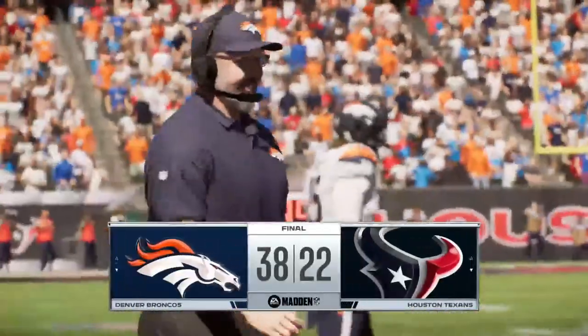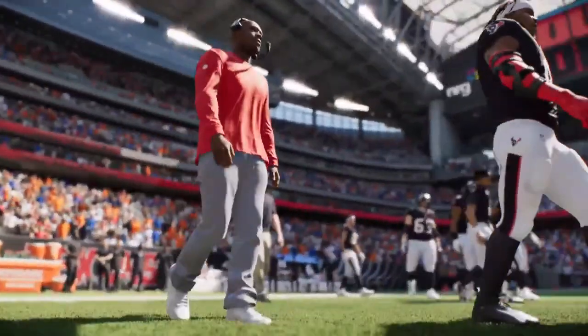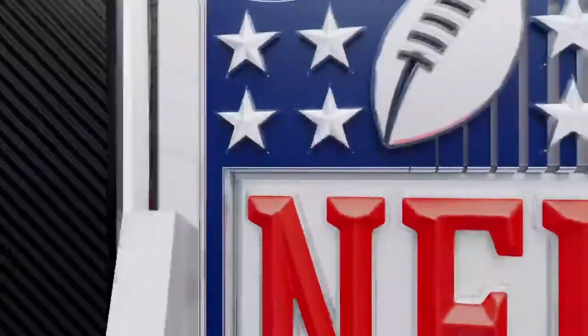A higher scoring game, Charles, than we typically see in the National Football League, but fun to watch these offenses. They were really clicking. It seemed like everything that they dialed up worked. Yeah, it certainly was fun to watch from our perspective. How'd you like to be those